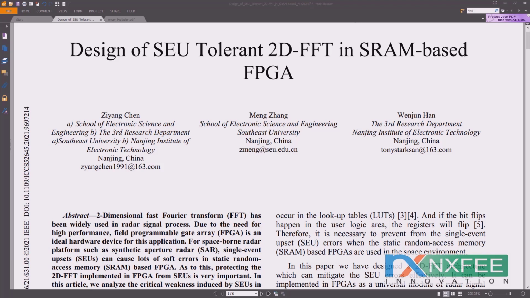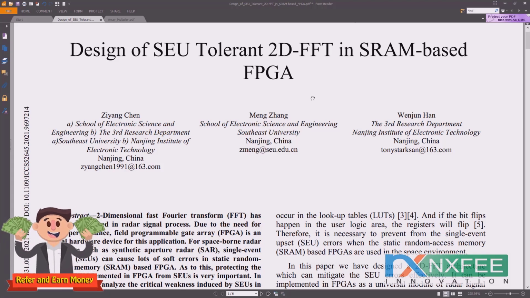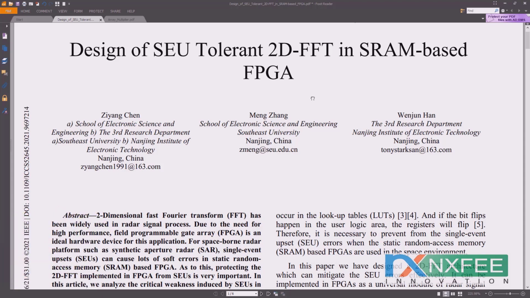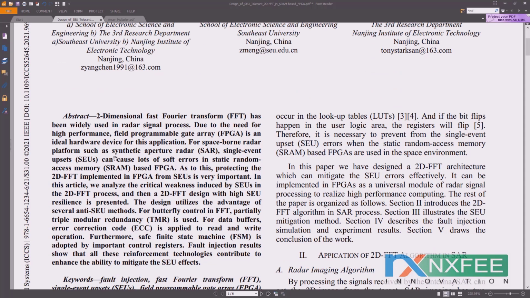Now we can verify the base paper. In this base paper, they designed the architecture of a 2D-FFT. 2D-FFT is widely used for radar signal applications and also for image signal applications. This paper focuses on the 2D-FFT to reduce errors with the support of SAR, that is synthetic aperture radar, and single event upset, SEU. Based upon these two events, they plan to reduce the soft errors in static random access memory